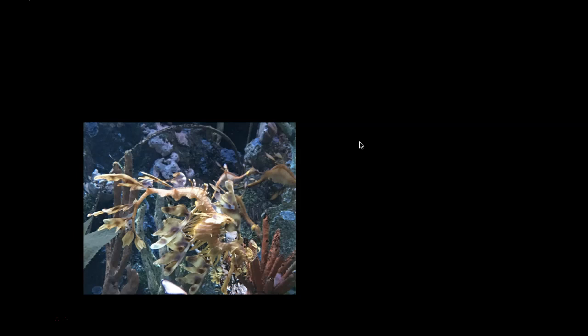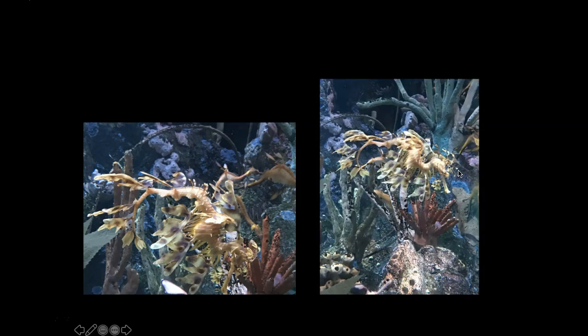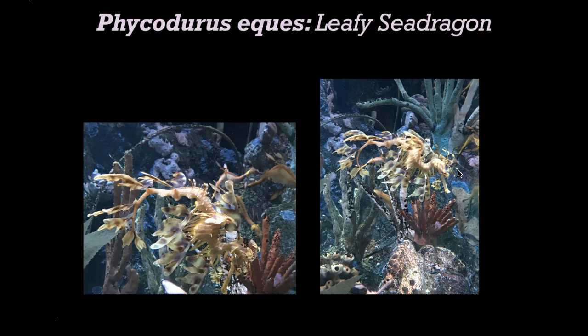Here's one more example that I'll give you right now. I was in the aquarium last year, and I saw a bunch of people crowding around this tank, and I'm like, why is everyone so excited about this kelp? And it turns out it wasn't just kelp. It was actually a Leafy Seadragon, Phycodurus eques. And this Leafy Seadragon must have evolved over millions and millions of years to have this particular physical characteristic